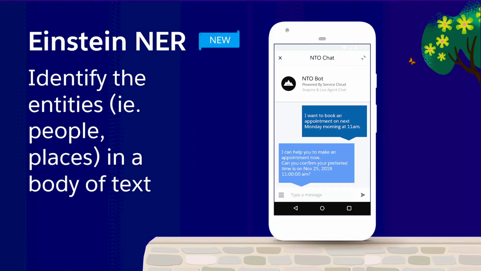Besides making improvements to Intent, we are also going to release a new Einstein Language service, the Named Entity Recognition product, which is called NER. NER enables our customers to recognize different entities such as name, location, date, time in a body of text. And you can use the product to handle use cases like extracting different details such as location and date coming from email. Imagine you're a travel agency receiving different emails from your customers about booking. You'll be able to process all this information in a much quicker way.